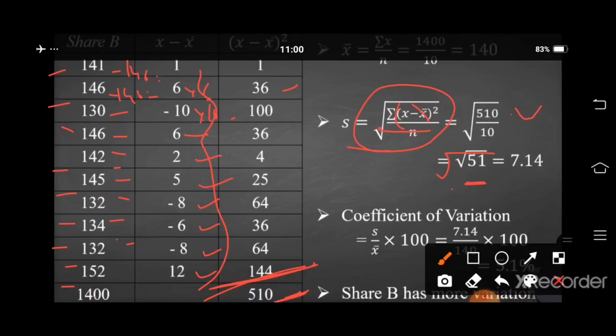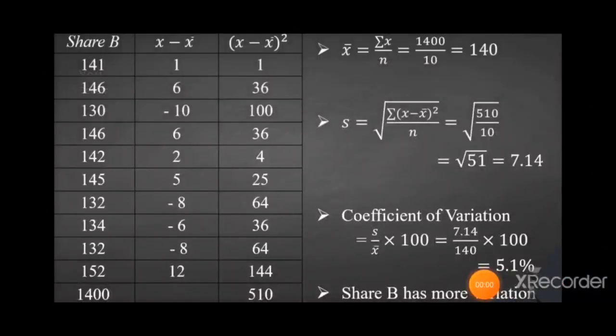Now put in the formula of coefficient of variation, S divided by mean into 100. Our standard deviation is 7.14. The mean is our 140, into 100. 7.14 divided by 140 into 100. The answer is 5.1%. So here if we are comparing both,